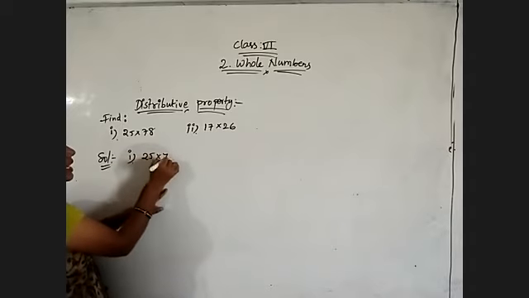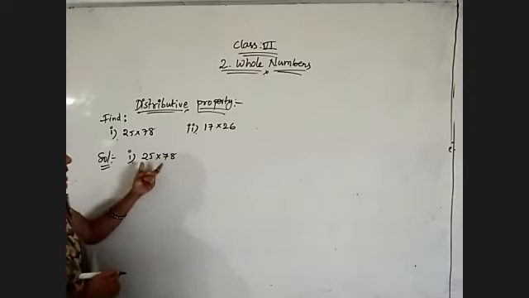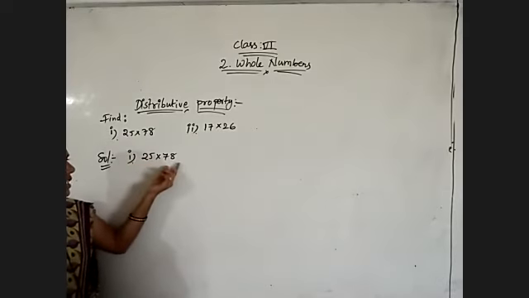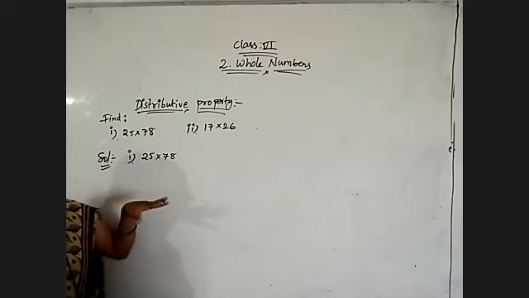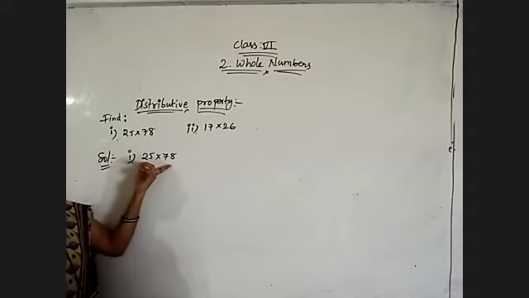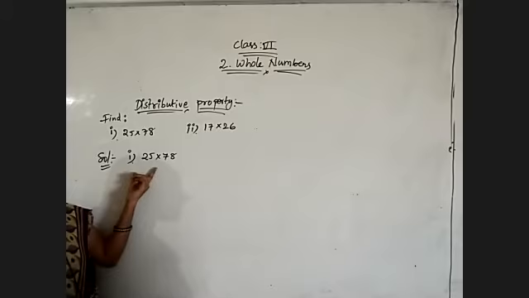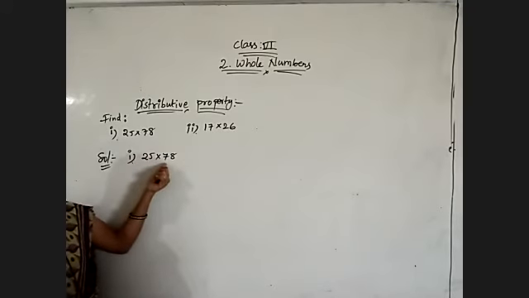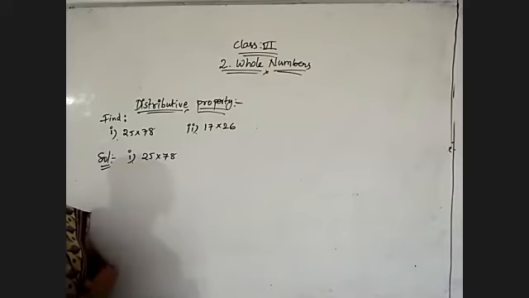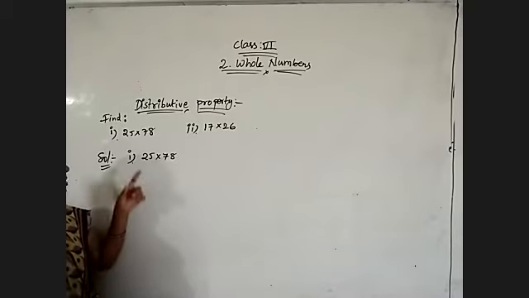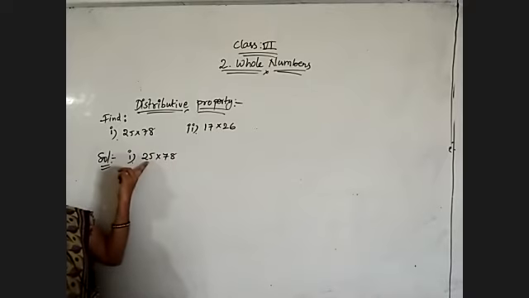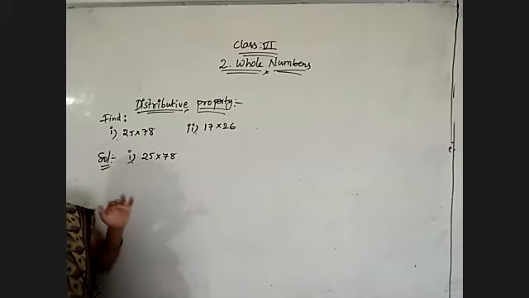25 into 78. As I told you, when only two numbers are given like this, don't think that it is a commutative property. If you change it, it is 78 into 25, there is no simplification. So in that case, I am going to split one of the numbers into expanded form. Either 25 I can expand, otherwise 78. If I expand 25, I'll get 2 and 5, very simple numbers. If I expand 78, I will get 7 and 8, which I want to multiply with 25. So we will choose what is easy.